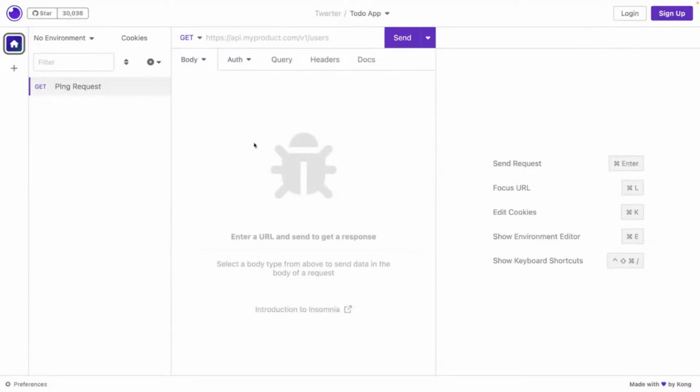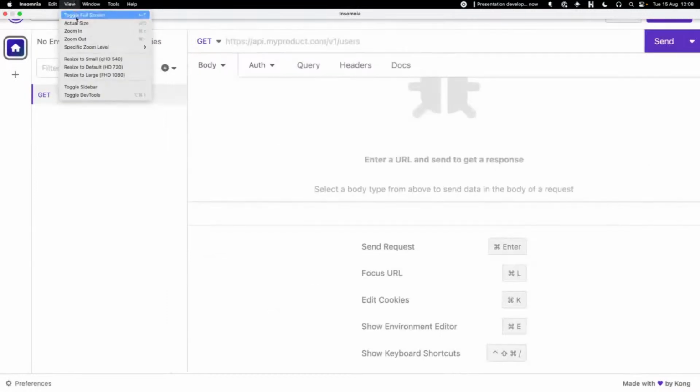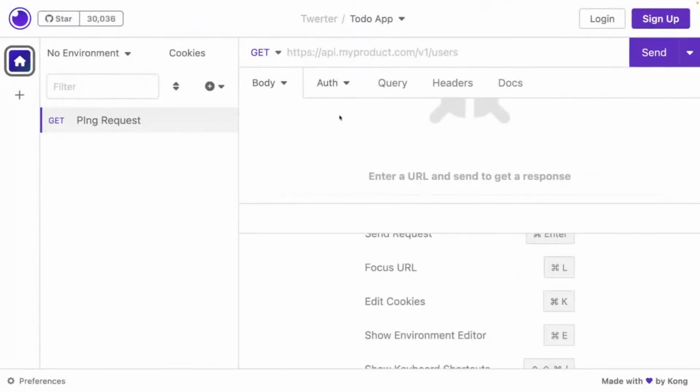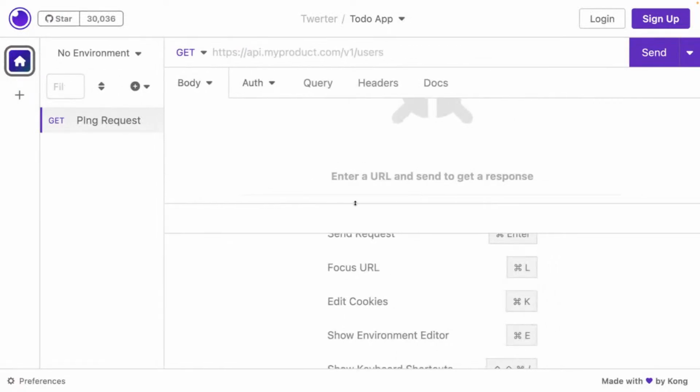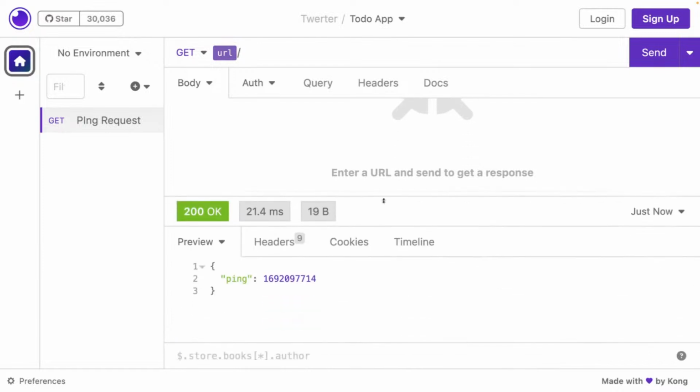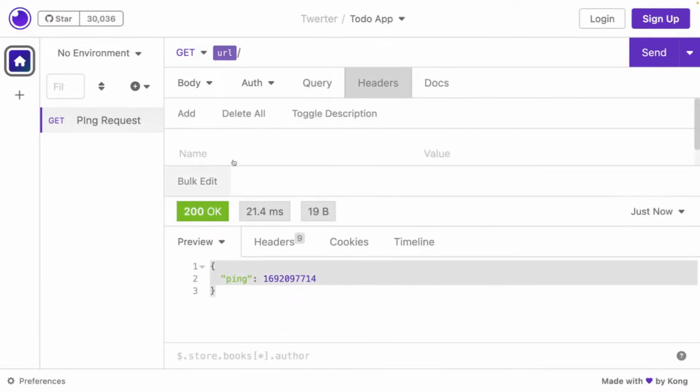Make sure you can actually zoom in a little bit. That should be a little bit easier for you to see. Don't need it that big, so I can kind of focus in. So we have our URL. This returns the ping. The headers